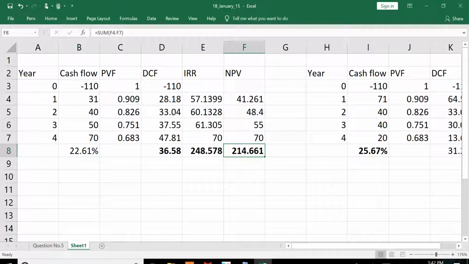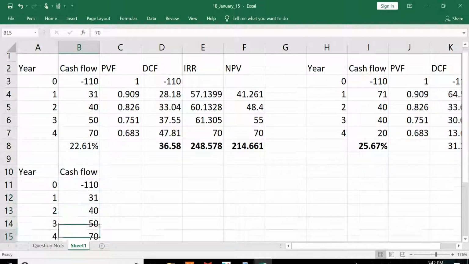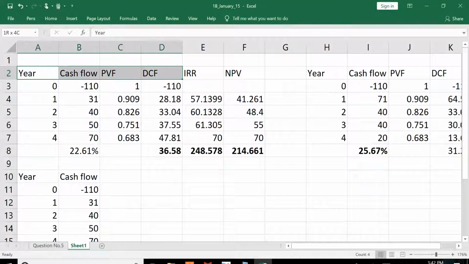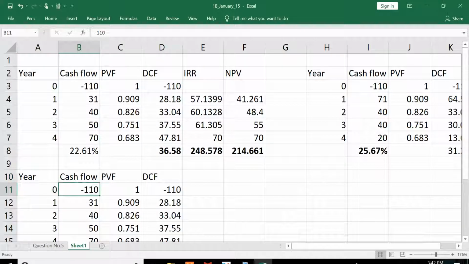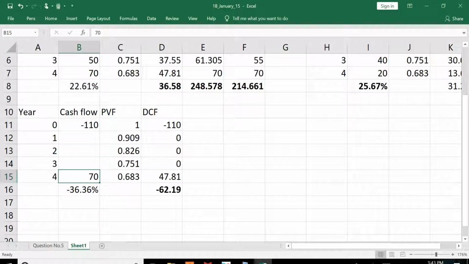Everything has an assumption. See, NPV has been calculated by thinking that you reinvest at 10%, and in the 4th year you will get only